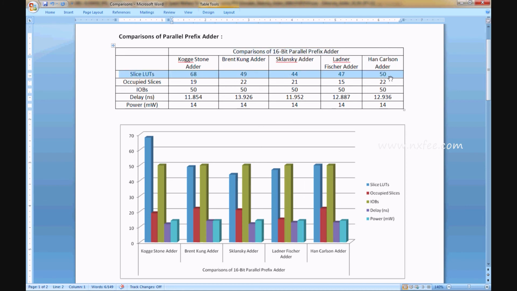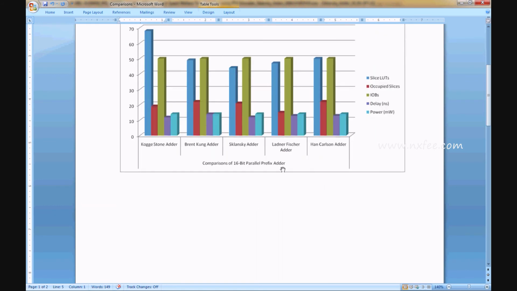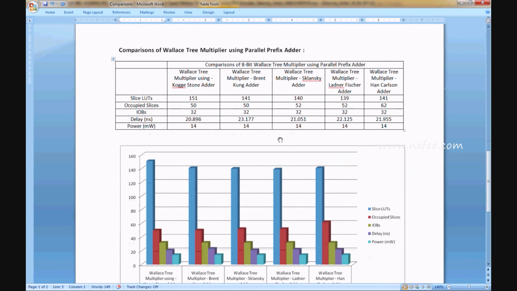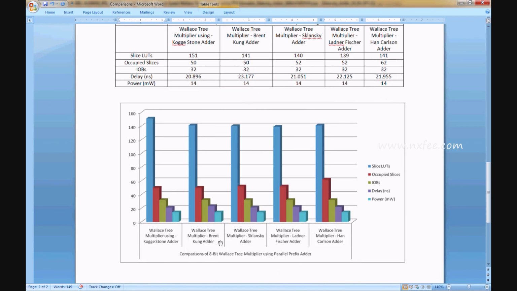So slice LUTs, occupied slices, IOBs, delay and power, and this is a comparison chart. And for the Vedic multiplier comparison, we can also compare the LUT slices, IOBs, delay and power. So this is a comparison analysis chart.